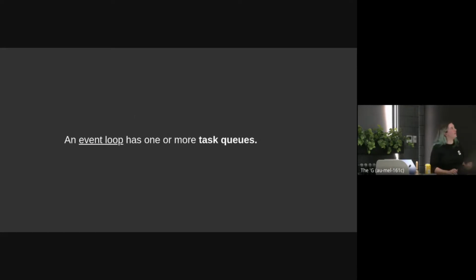So an event loop has one or more task queues. This is straight out of the relevant spec, because I had a lot of spare time during lockdown, and reading specs was fun. So what I thought was, I'll jump in, I'll get some browser code. Like, browsers are all open source, right? I'll look in and I'll find one that has this sort of multiple task queues, and I'll show you a really good example of how task queues work. Except